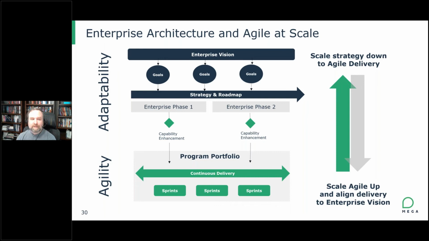But at the bottom level, as the agility, the software architecture and software development is working, going through different sprints, there are going to be elements of needs for enablement and/or emergent design that come out of that software architecture and development that feed upward towards the enterprise architectural vision. And this, again, is just as important to reconcile.